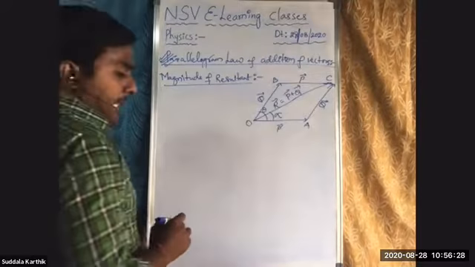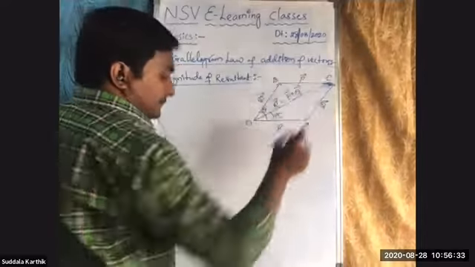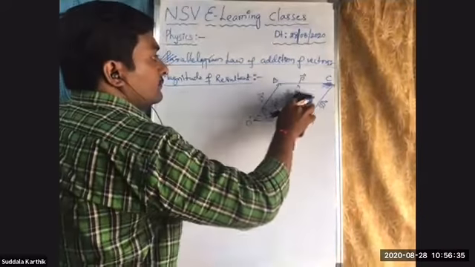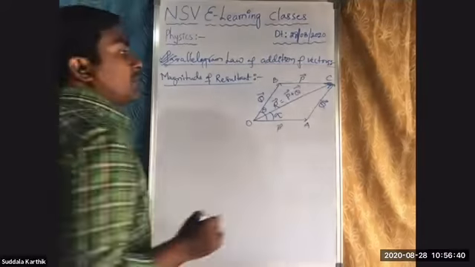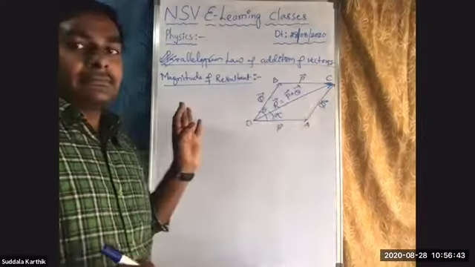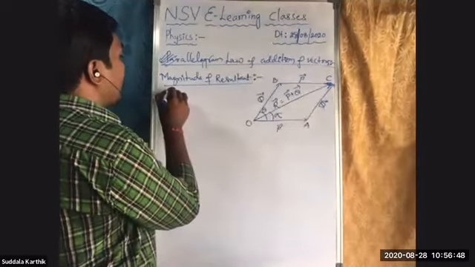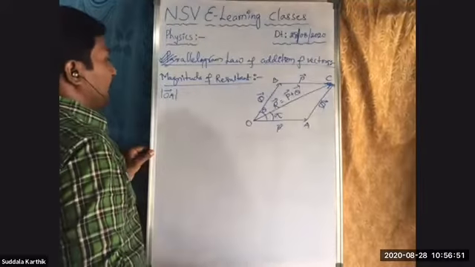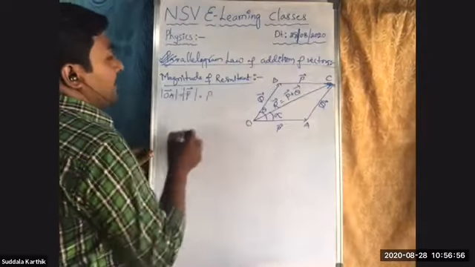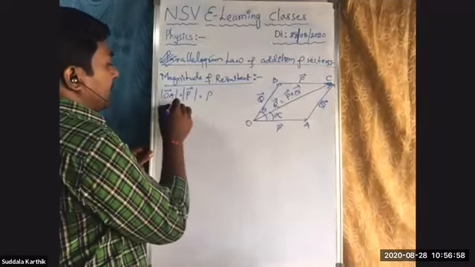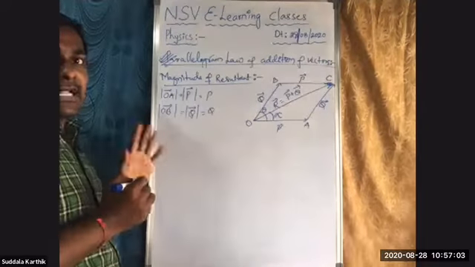So this is a triangle, but it is not a right angle triangle. It is not a right angle triangle, OAC, right? First of all, I am writing the magnitude of OA, OA bar magnitude, is equal to P bar magnitude, that is equal to P. OB bar magnitude, second vector magnitude, Q bar, that is equal to Q. Right? Magnitudes I have taken.